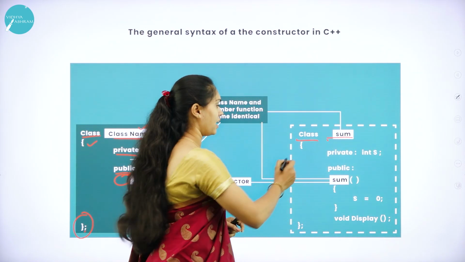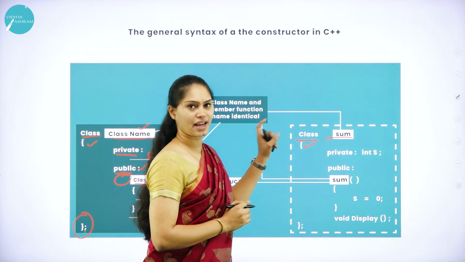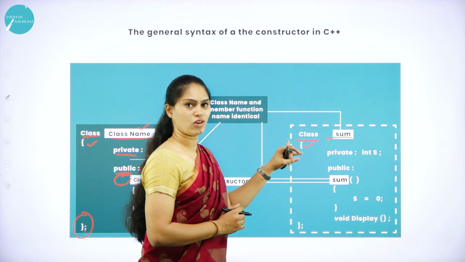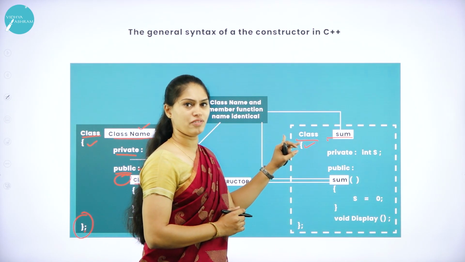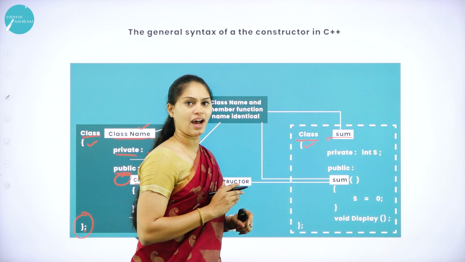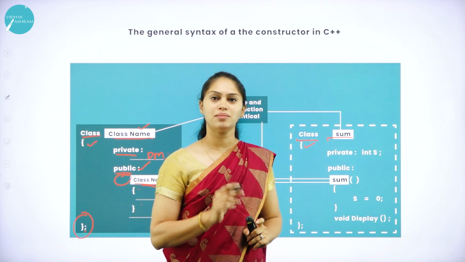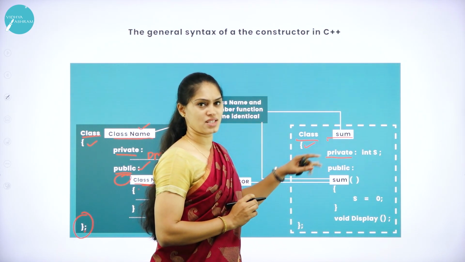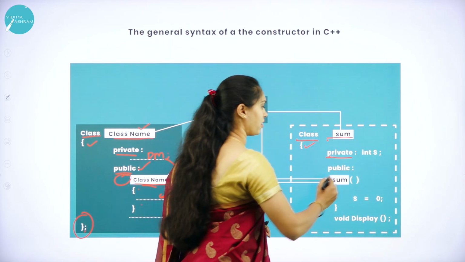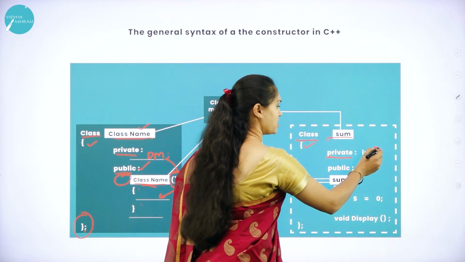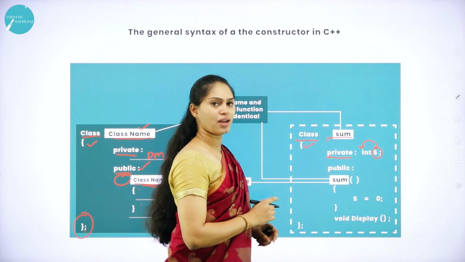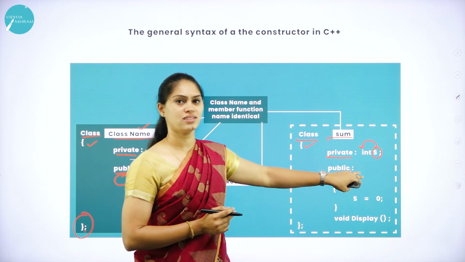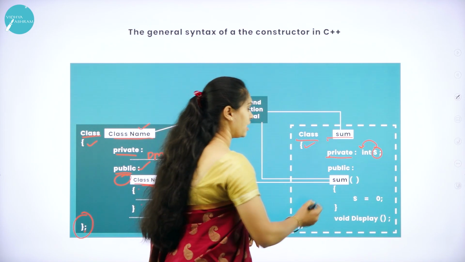That is sum, and this opens the scope of a class. What does it indicate? It is the opening of a brace, which indicates the opening of a class scope. After that, I have data members along with a member function. Under the private access specifier, I am creating one data variable, that is s, which is of type integer. What am I declaring here? I am taking one variable s that comes under the data type int.